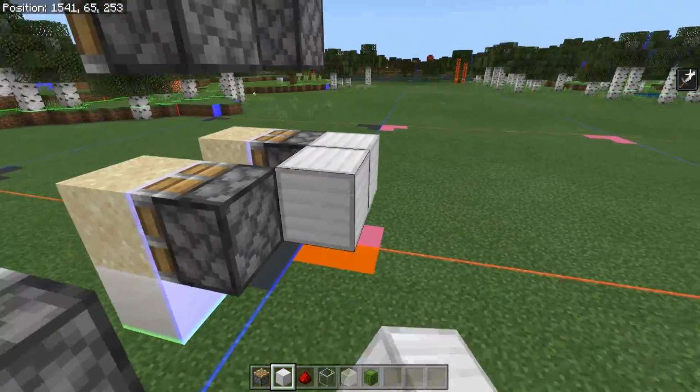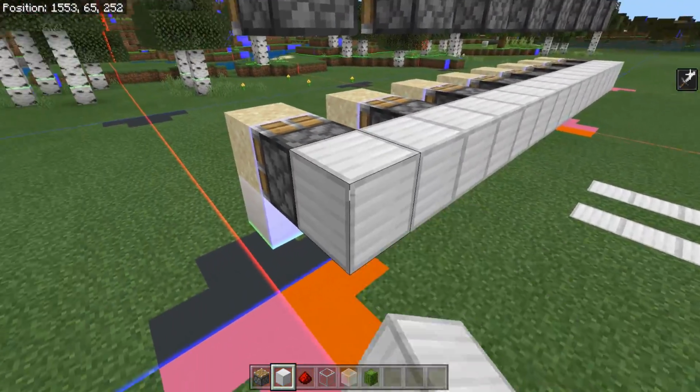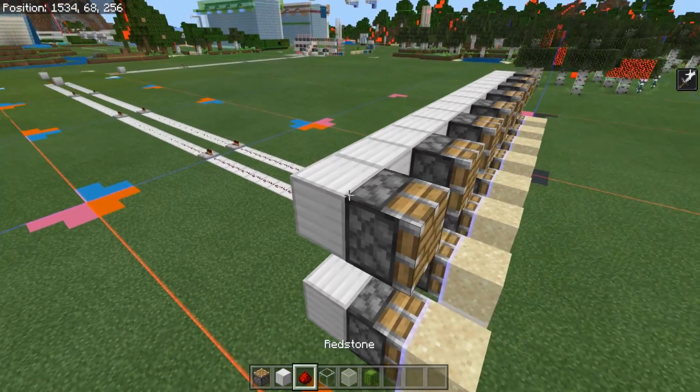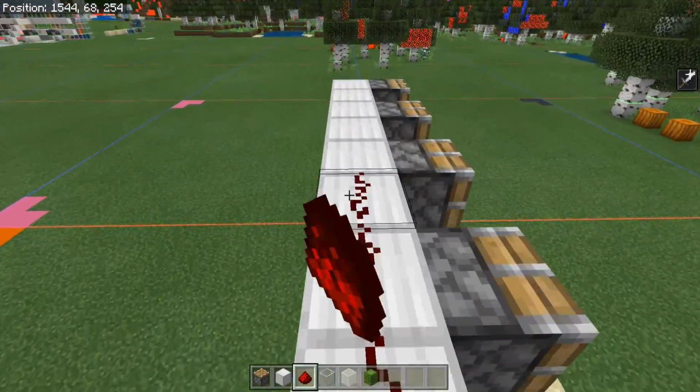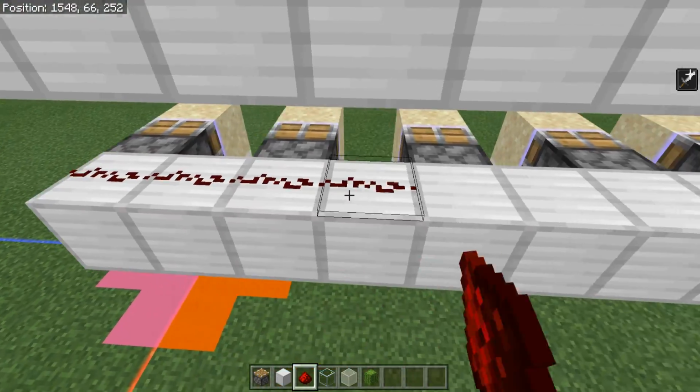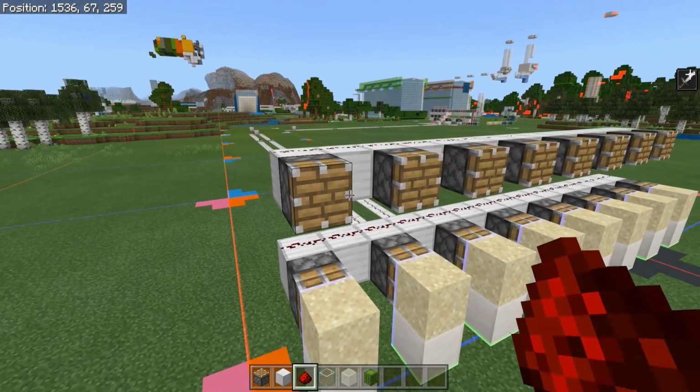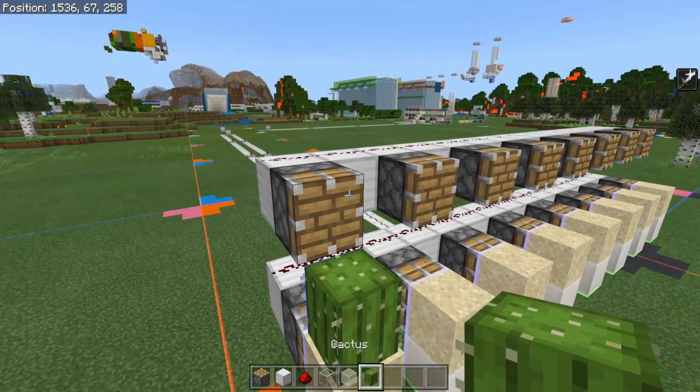Now you also want to go behind all of these sticky pistons with a line of solid blocks, and a line behind all of your normal pistons with solid blocks too. Cover both of those lines in redstone dust, and we'll hook up the actual proper circuitry to this in just a moment. Now, before we go further, I do want to mention that we need these pistons here because of